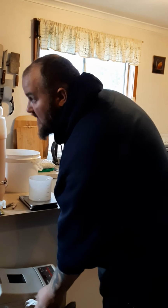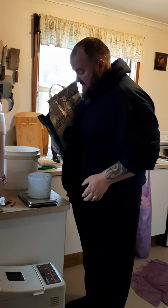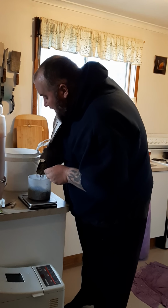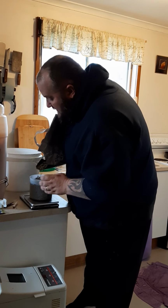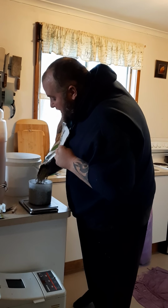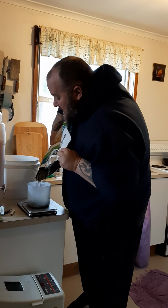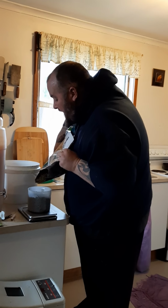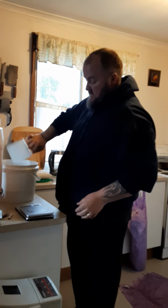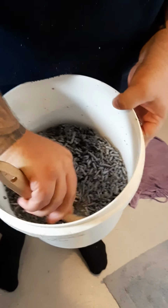Rightio, add to that, we want 1200 grams of paper pellets. So we'll weigh them out, chuck them in. Container conveniently holds about 400, and about a litre of water, so it's good. Does about the right amount each time. Pop them in there. Stir it around, come and have a look. Get it all mixed together